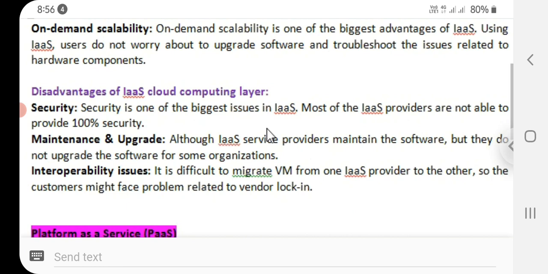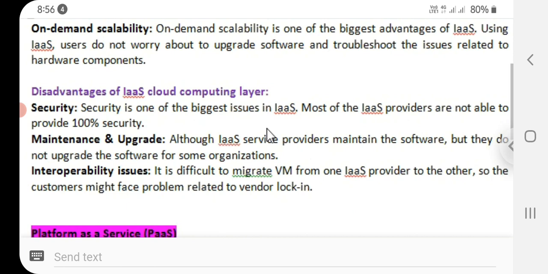Then see what are the disadvantages of the IaaS cloud computing layer. First one is security. Security is one of the biggest issues in IaaS. Most of the IaaS providers are not able to provide 100% security. This is the main disadvantage. And next one is maintenance and upgrade.